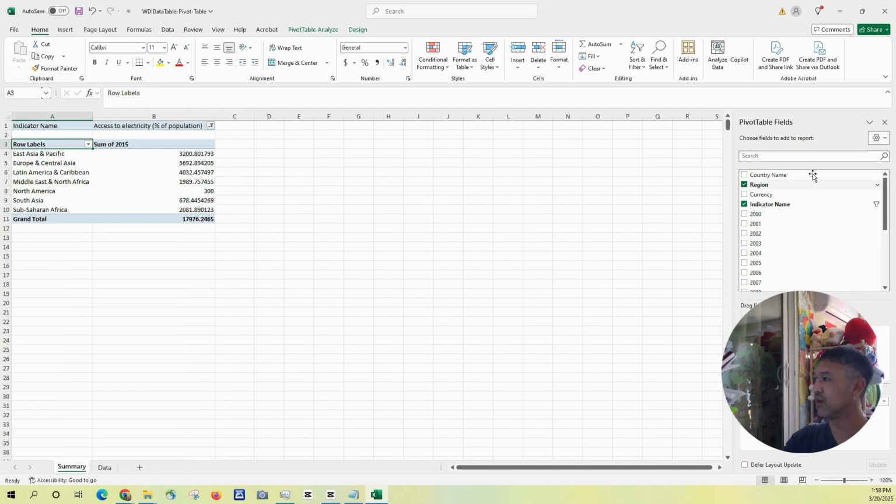Region, going by region now. Instead of country name, let's change that to region. And percentage, see, population percentage. Now, as you can see, because it's a region,